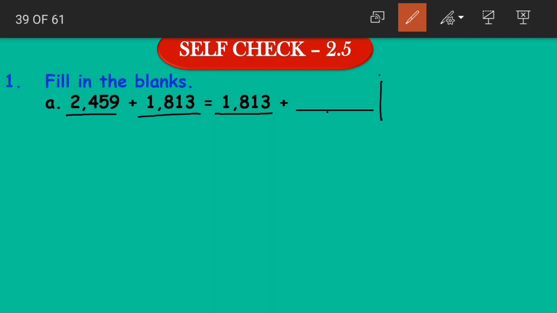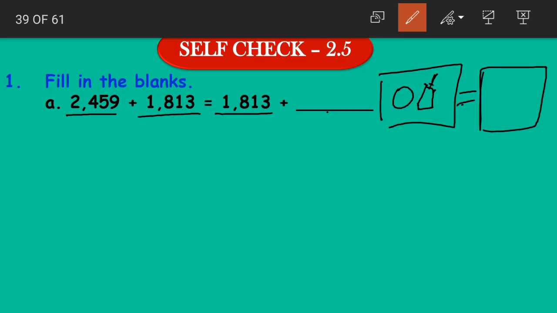See, let us say in this box I am having a ball and a bat, which is equal to, in another box, I am having only a bat. Now what should be added here to make these two equal? The ball. Yes, the ball is missing here. When we add the ball to this box, both the boxes will be equal.